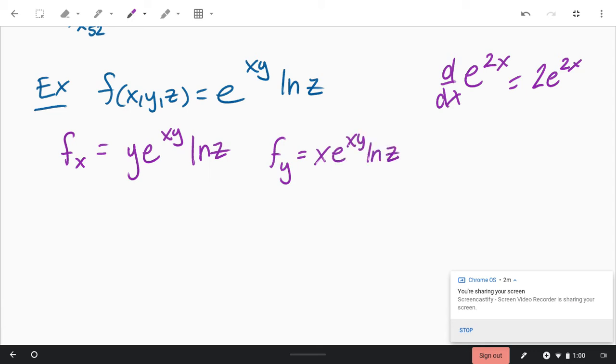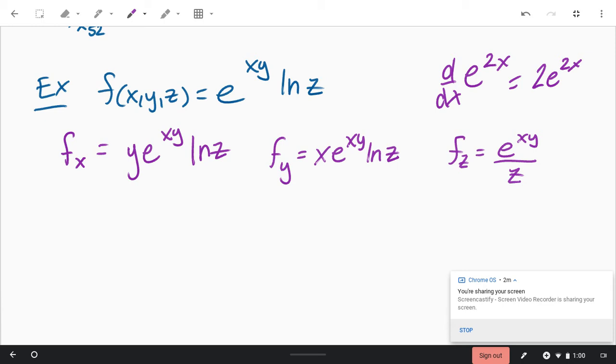Okay, and then one that's a little bit different would be your partial with respect to z. e to the xy is a constant, and the derivative of the natural log of z would be 1 over z. Okay, so it's the same process. It's just you have more variables that you treat as if they're constants. Okay,